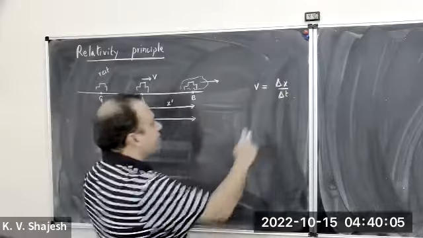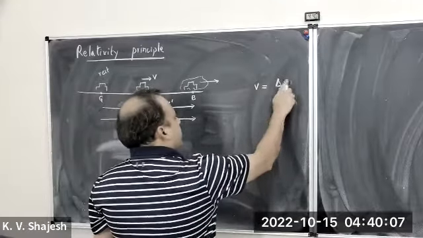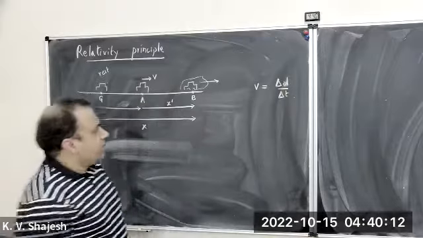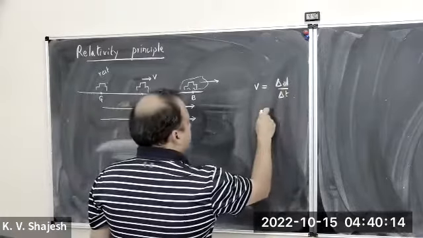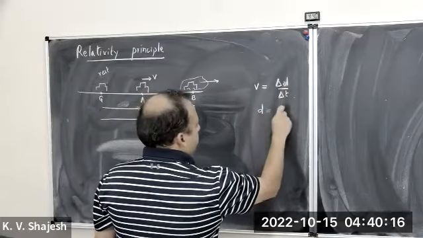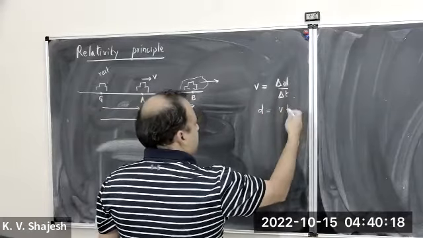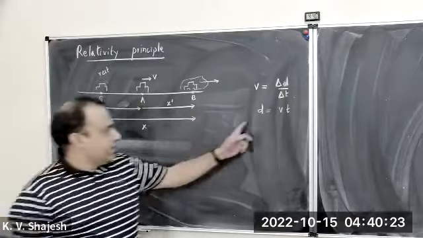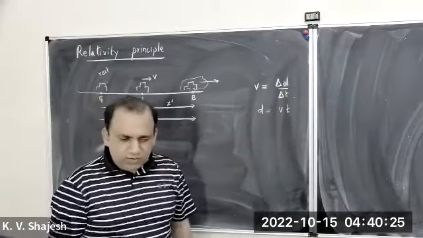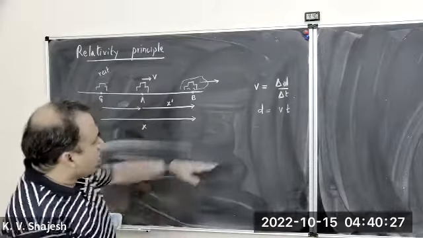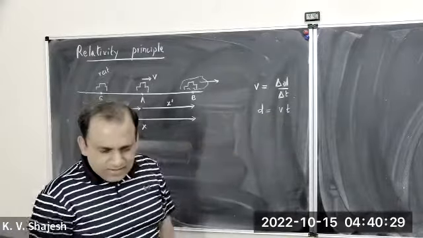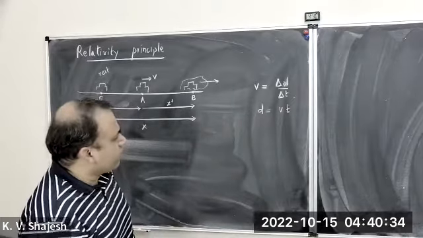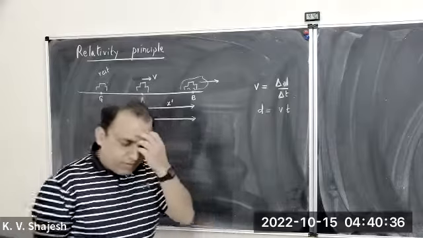Whether it is x or y, let's generally say distance, right? Distance over time. That also means that the distance traveled is equal to velocity times time plus a constant. But if I set that constant to be the origin, then distance traveled is equal to velocity times time. So that's the only basic thing we need in this discussion, that distance is velocity times time. We use this intuitively whenever we want to travel somewhere.